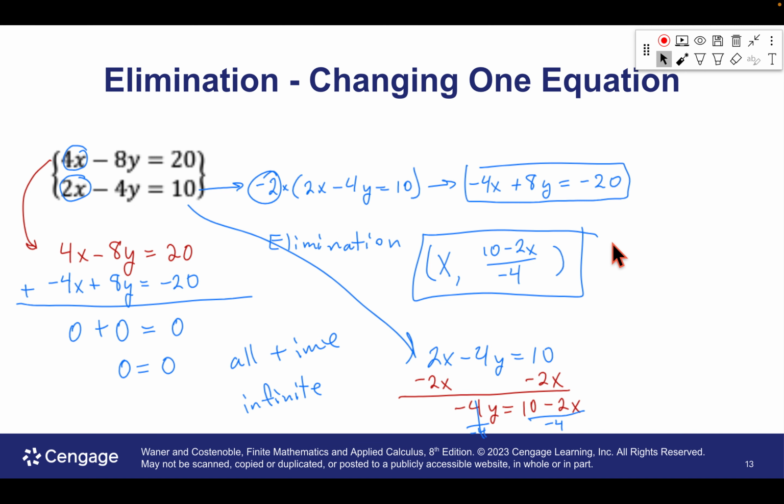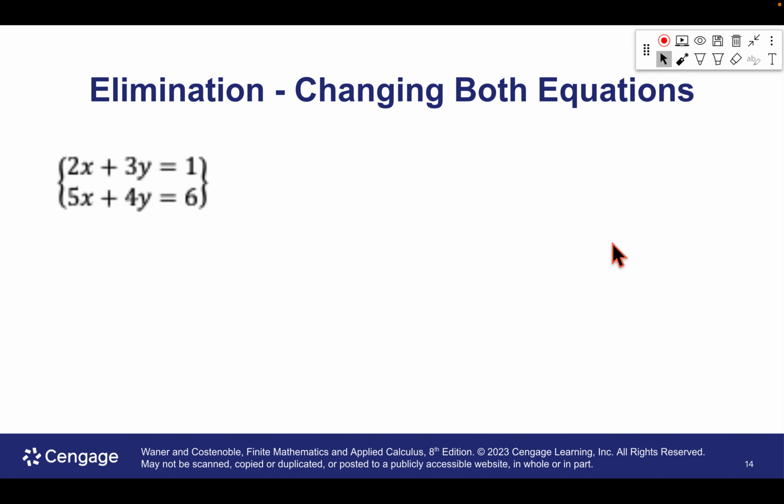Okay, let's keep going. Here's an example. Again, we could solve this either way. I'll let you go ahead and do that. But what we'll do is we'll see that we actually need to change both equations. So you could either choose to get the 2 and the 5 to become the same number, or the 3 or the 4. So if we go with trying to eliminate the x's, what we look at is I need